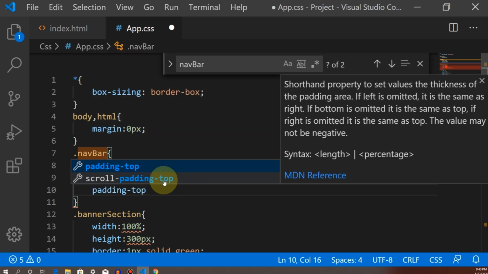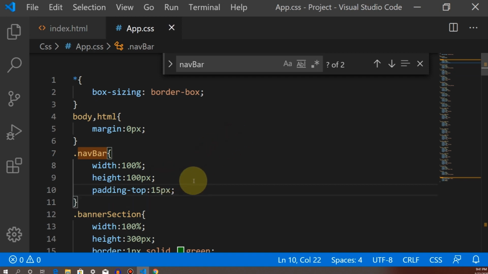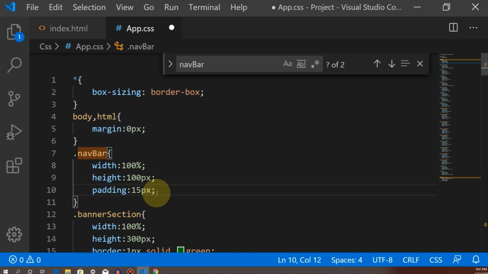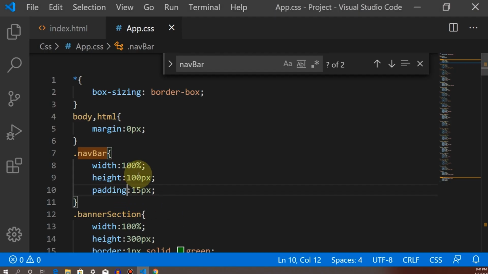I need only top padding, some 15 pixel. Or else we can give padding for all 4 sides. Yes, it came like this. Now we can decrease the height, like 50 pixel.